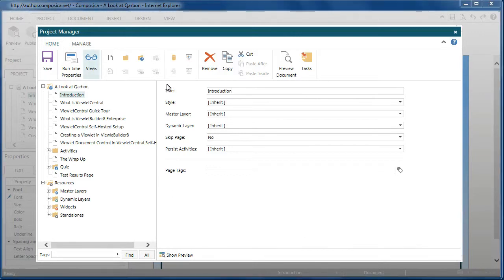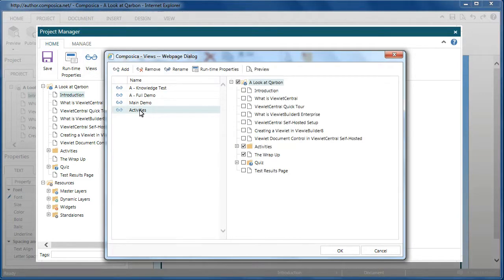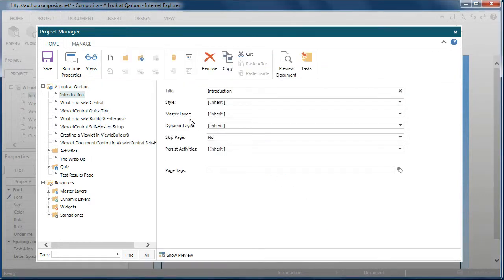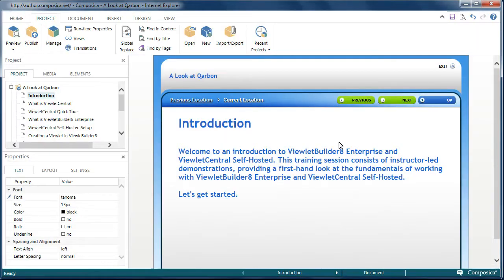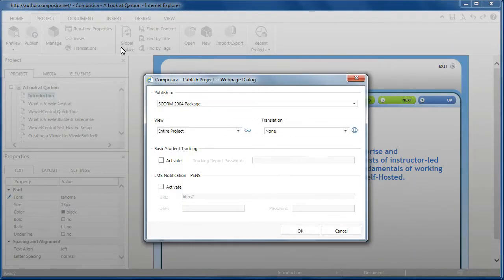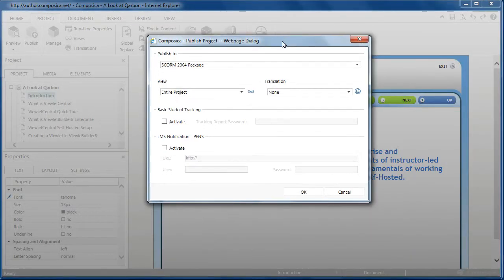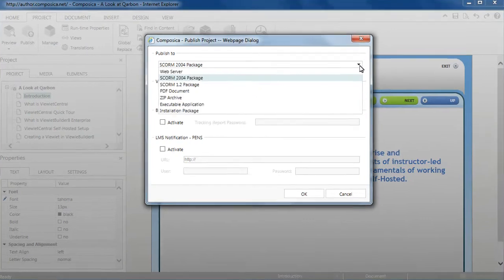And if applicable, you can go ahead and create a view to use for your published file. For example, here we have one view called Activities that will only display the selected activities pages chosen here. So if this applies to you, go ahead and make sure your view is set up. You can do it at this point. Then close out of the Project Manager, and in the Project ribbon, click Publish. This will open up the Publish dialog, and you'll have different options to use for publishing your course, including the